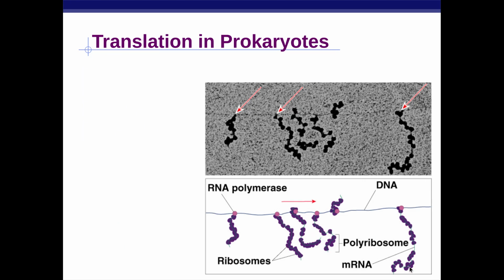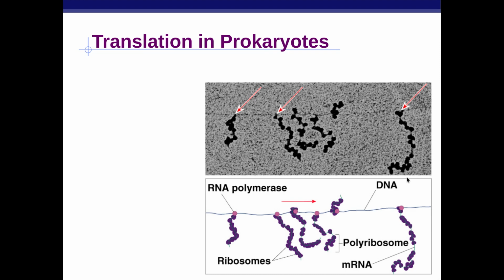Yeah, there's a picture here. So as the messenger RNA is being made, the translation machinery also comes and starts making proteins using that messenger RNA. So you can see here is a beautiful picture. You have the DNA here, and you have your messenger RNA being made. You can actually see the messenger RNA strands, and then you can see the translation machinery working just as it comes out of the factory, the messenger RNA factory,